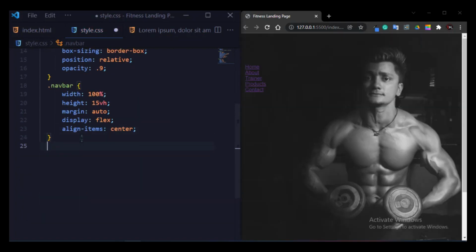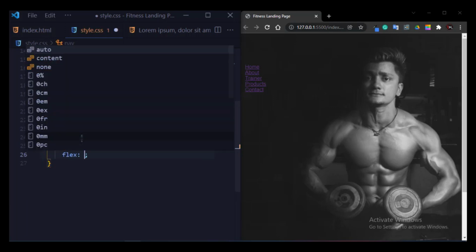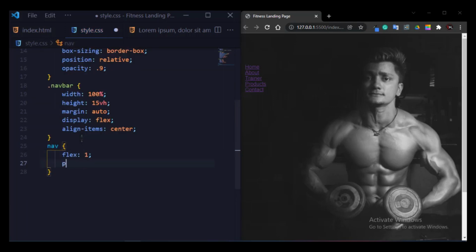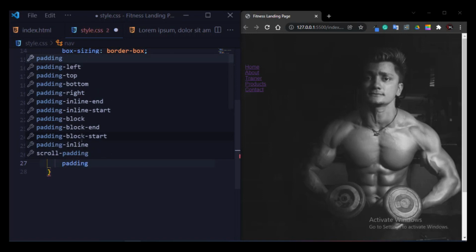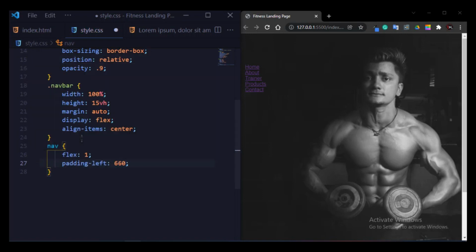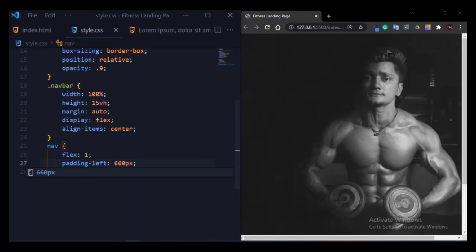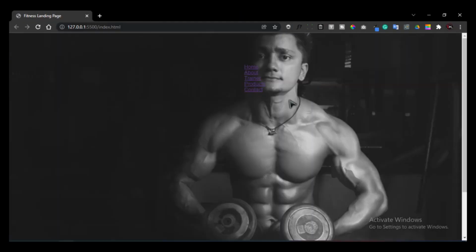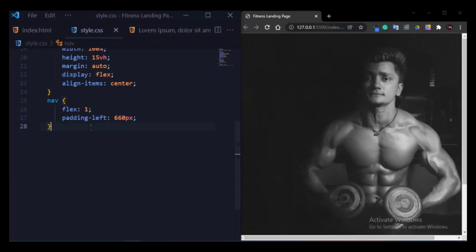And now I will use a flex property here, which is flex 1, and I will give the padding. So I write here padding left 660 pixel and I save it, and you can see the output here. The navigation bar comes at center.